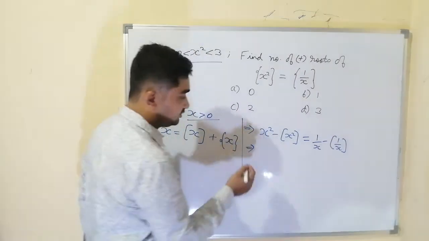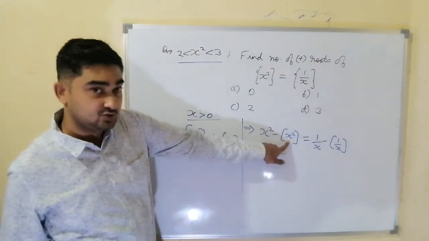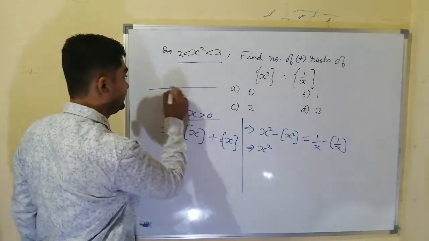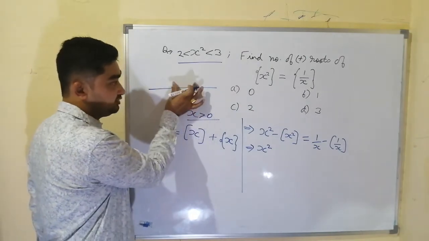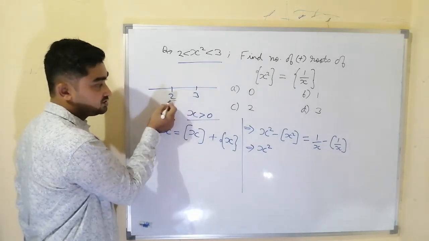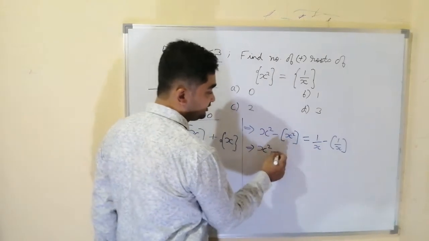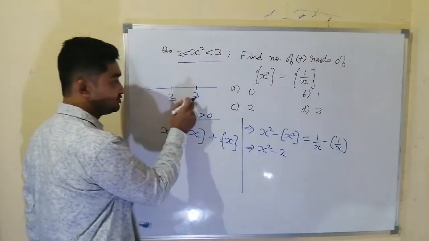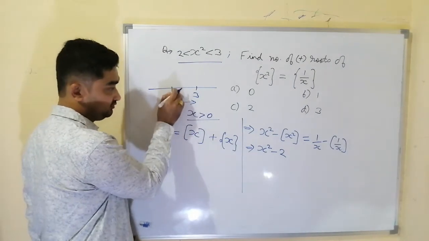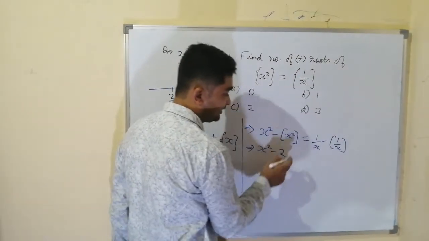What is x square? We don't know. It is a number between 2 to 3. But what is the integral part of x square? x square is between 2 to 3. Whenever on the number line I told you it is 2, it is 3. Whenever we have an input from 2 to 3, we have to move leftwards. And when we are moving leftwards, first number that will come is 2. So integral part of x square is always 2. Whatever is x square, it is always between 2 to 3. When we move leftwards, the first integer that we will encounter is 2. So integral part of x square is 2.